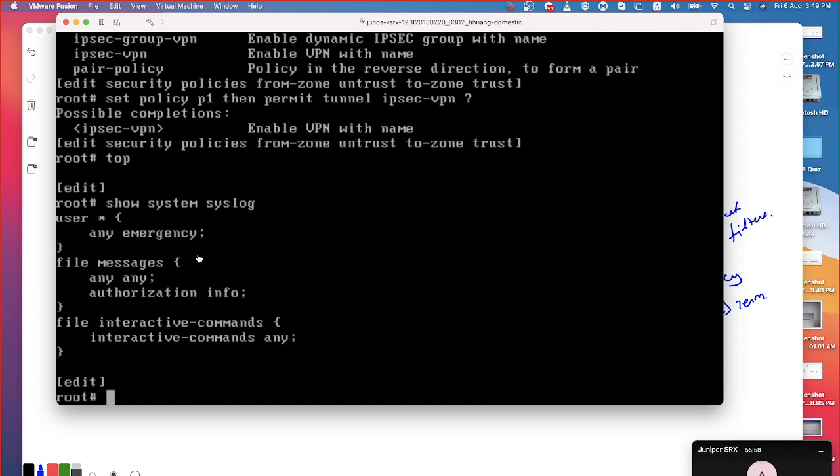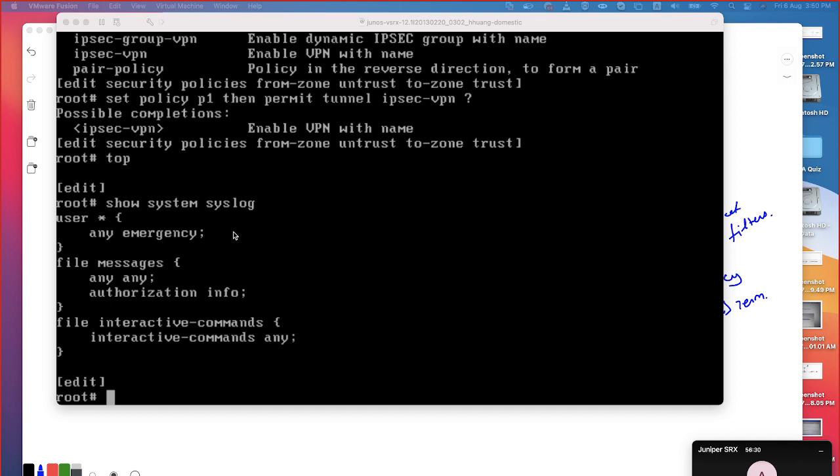The meaning of these logs within your Juniper architecture you need to be familiar with, right? As with any of the firewalls or devices, you have the severities and facilities. There is nothing you need to worry about. See, basically, whoever has logged in, user star, the user can be anybody, doesn't matter this user or that user. If they have logged into the device, any emergency category of messages generated by your Juniper SRX will be shown to you.